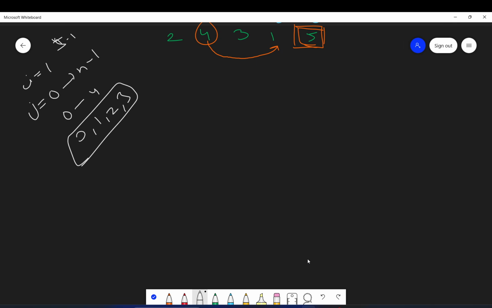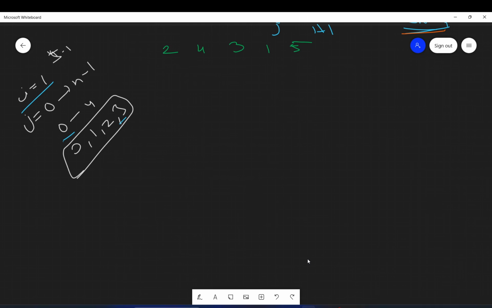And this is our array, which we got from the last iteration. So i value is 1 and j will range from 0 to 3. Let me just quickly do the indexing here: 0, 1, 2, 3 and 4. So initially, j is at 0 index. So j will start from here. So j is here and this is j plus 1.